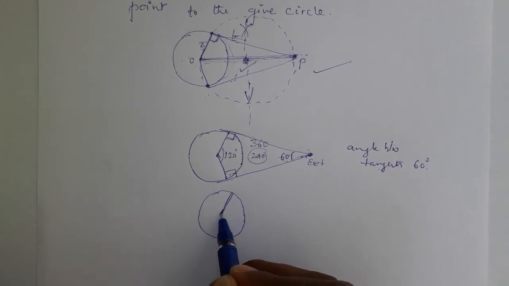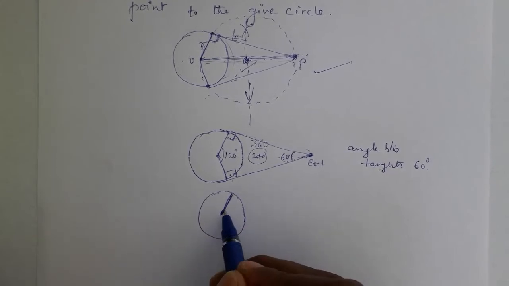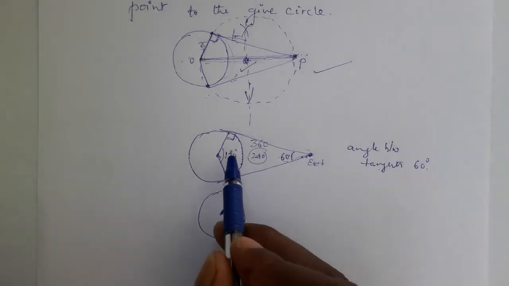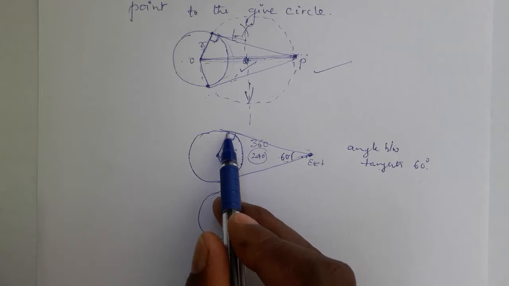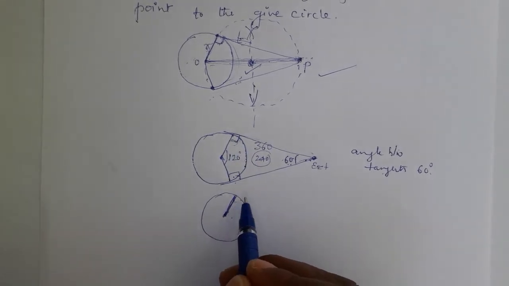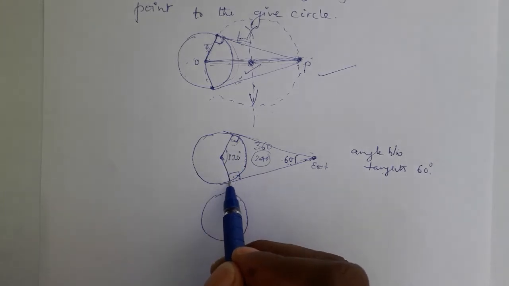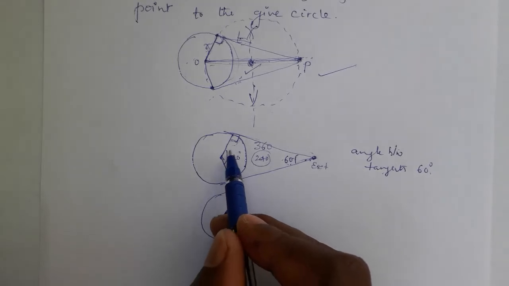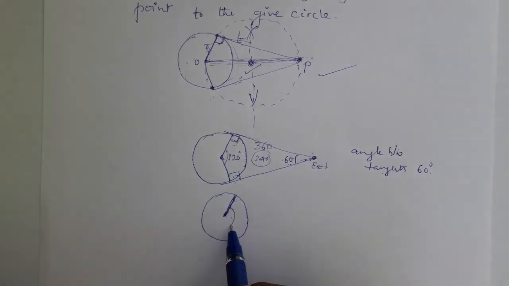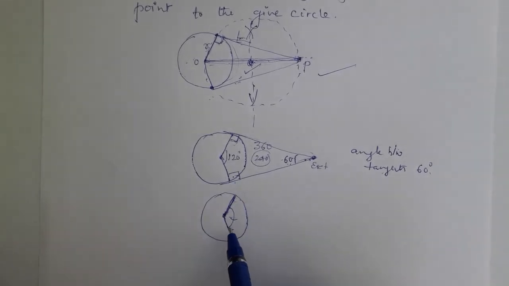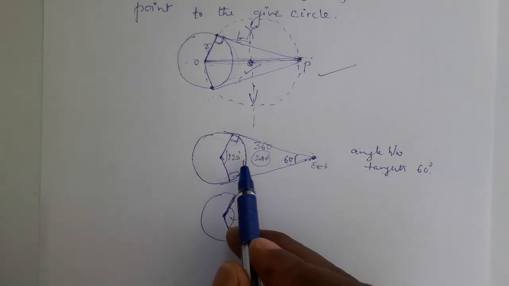So first construct one radius. After constructing the radius, refer to this rough diagram and do it here. This rough diagram says that after constructing the radius, here what angle are you seeing? 90 degree. So at the end of the radius, you can construct 90 degree. Or better, first construct one more radius. First this radius is over. Then between this radius and the other radius, what angle is this? 120 degree. So we'll construct 120 degree like this, two arcs. Then we'll get one more radius. So the two radii. To construct the main diagram, this rough diagram is very much useful.